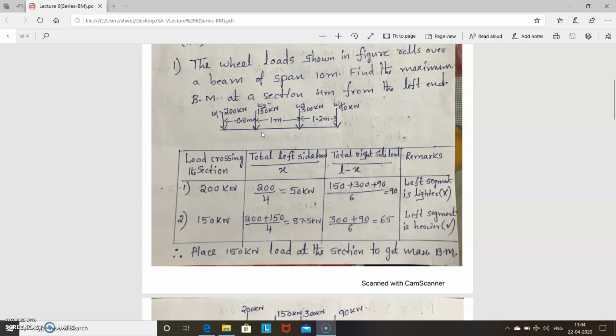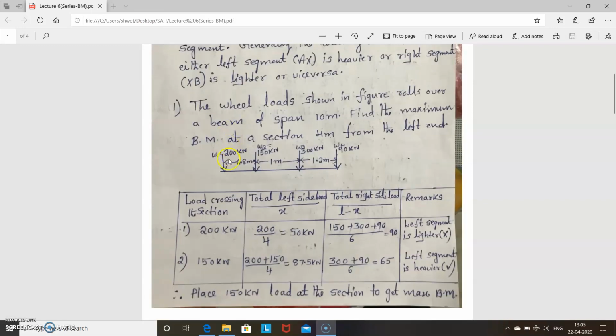One thing I will tell you. Usually you select the loads W1, W2, W3, W4 based on the loads moving from left to right or right to left. Suppose it is moving from left to right, this is the first load, this is second, this is third, this is fourth. It is not mentioned here which side to which side, so you can consider this as W1, this is W2, this is W3, this is W4. Or even if it is mentioned in this type of problem, you can take it from this side only, no problem.